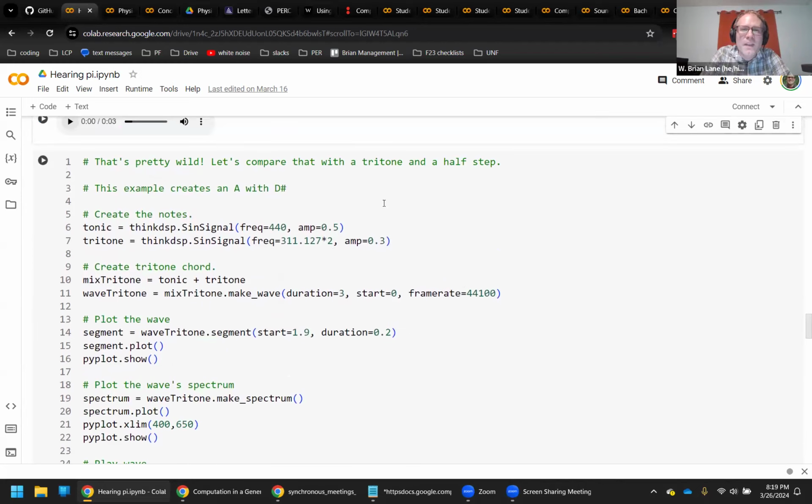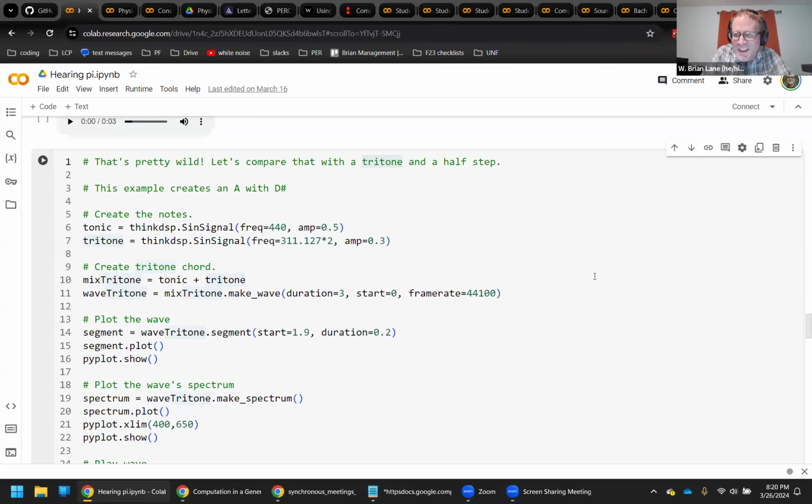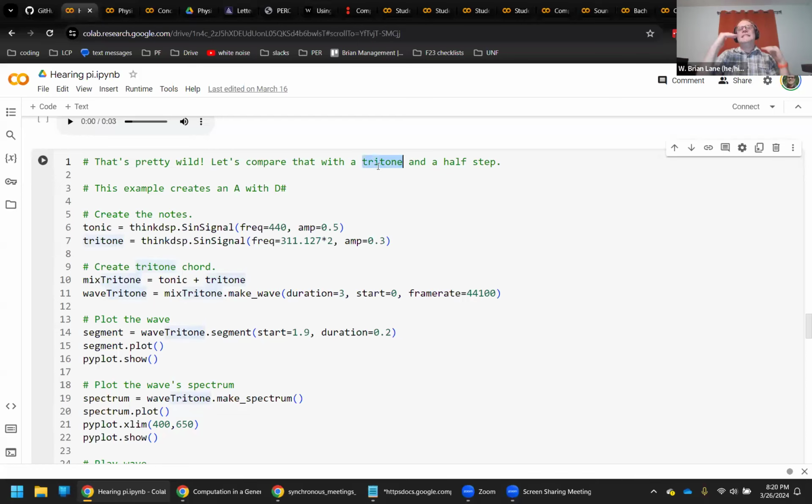So I compared it with a tritone. This gets a special name because this is actually the, yes, this is like the old-fashioned phones. Yes, I wonder if that was intentional. I don't know. So a tritone is actually the most dissonant interval there is in music. It was actually outlawed in the Middle Ages because if something sounded that bad, the devil must be involved in it. So you'll also hear it referred to as the devil's tone sometimes.